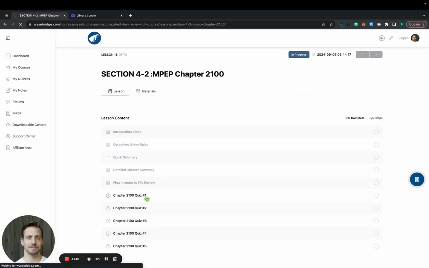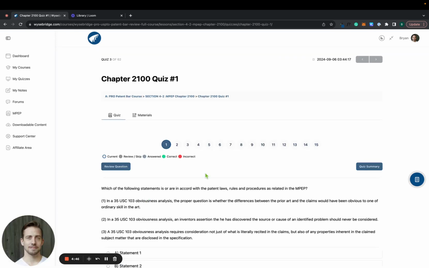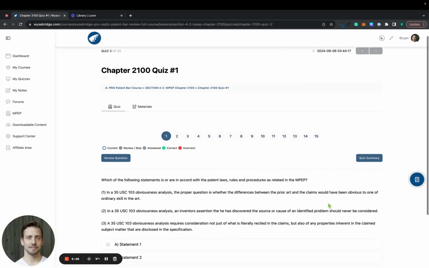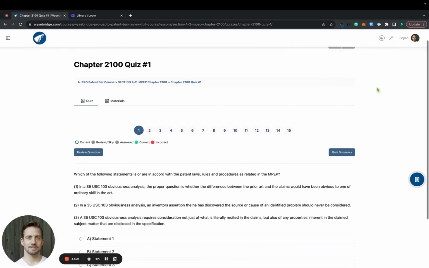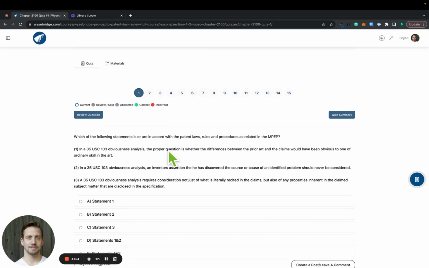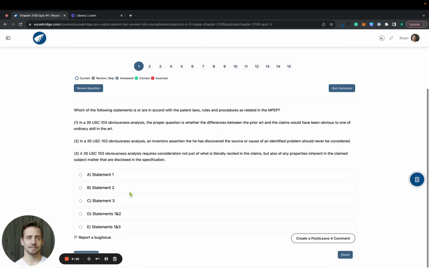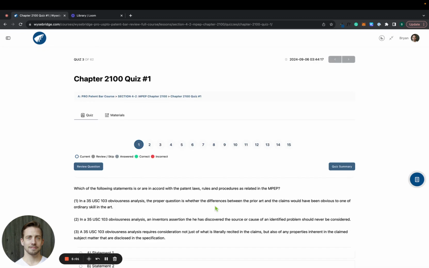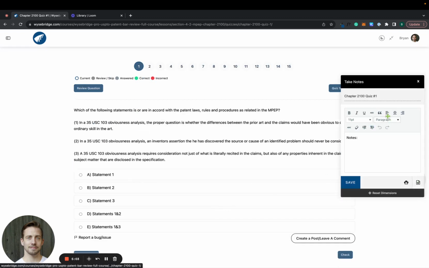And let's pick a quiz. Perfect. So this is a quick overview look of what a quiz will look like, or questions will look like. Again, let's give you full optimization here. So you'll see the question, and then you'll see the potential answers. And one thing to bear in mind here, you can always leave a note here if you want to about